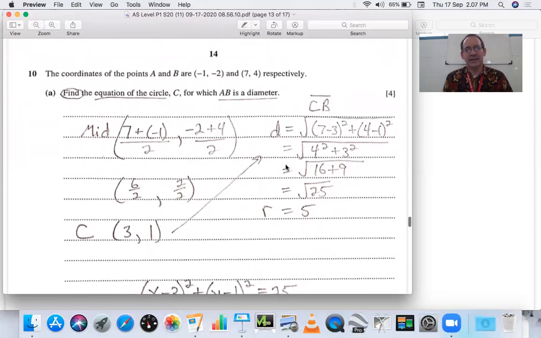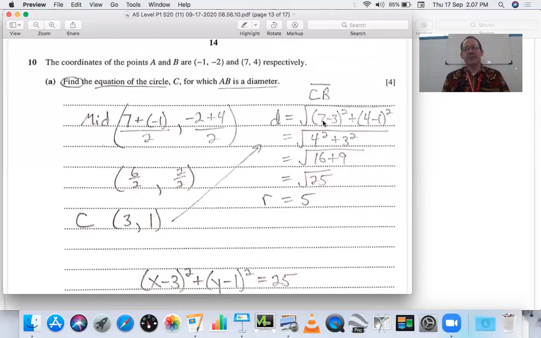Now to find the radius, all we need to do is go from the center to either one of the endpoints. And I chose the point B. So the distance between the center and the outside of the diameter, or C to B, and I used the distance formula, plugging it in. So the square of the difference between your x values plus the square of the difference between your y values. And you see that this comes out to a very nice square root of 25, which gives us